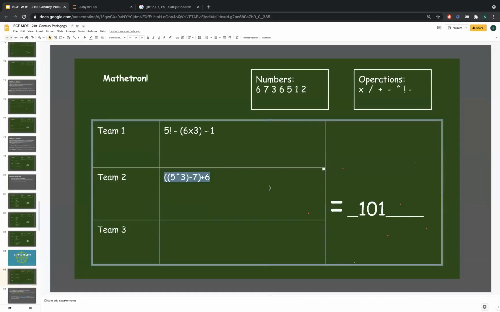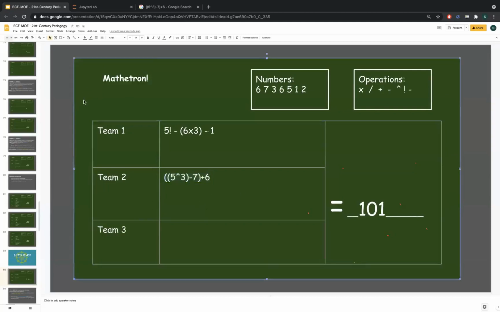Remember, I talked so much about the importance of mathematical reasoning. And remember, we're not just memorizing answers, we're forcing ourselves to solve problems. It's kind of a different feeling because we already know the answer is 101, so we have to work backwards. So if we go back to the presentation,